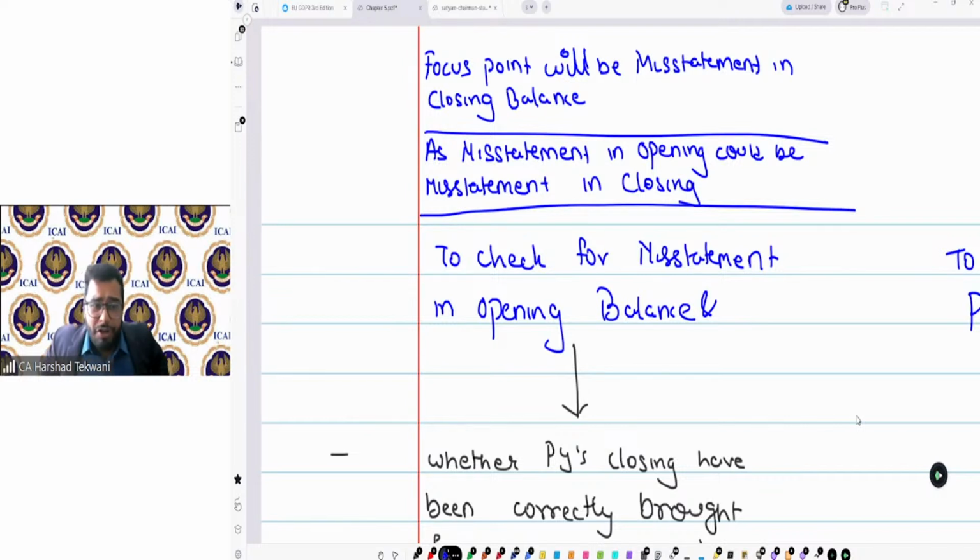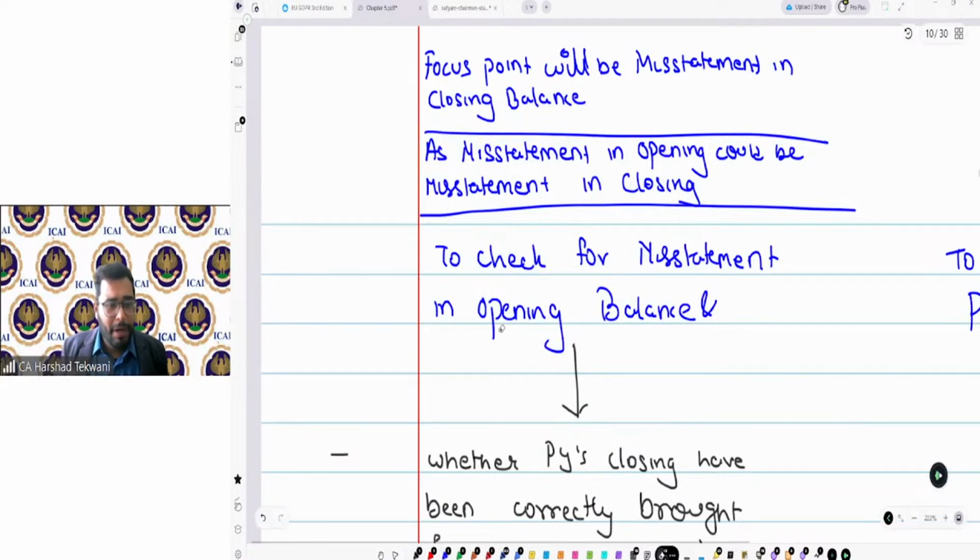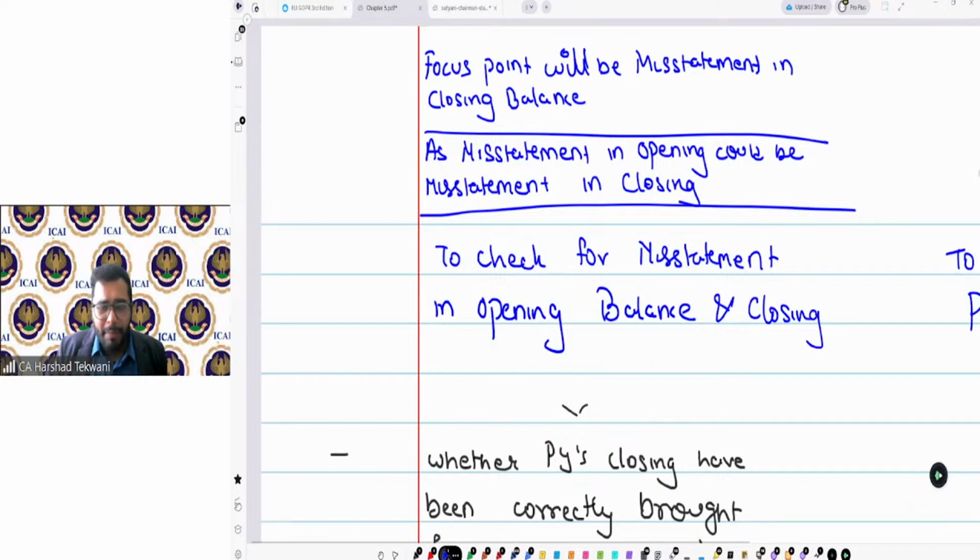Otherwise, my focus should be only misstatement in the closing balance. Okay. Now let's say for example, opening balance, and I will write it here, and closing balance, because I have to check misstatement in the closing balance.